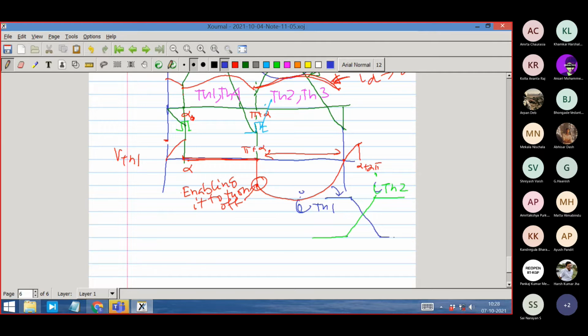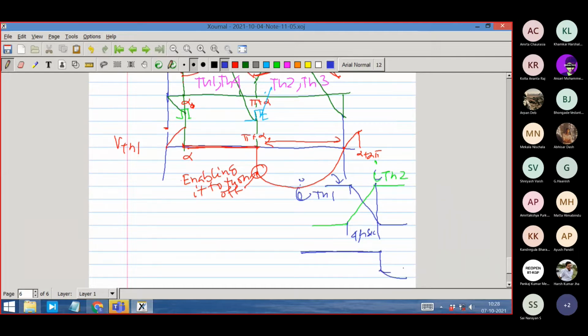When both of them conduct, logically you are saying that both of them are conducting. During this time, due to conduction, thyristor 1 voltage is still 0. It was conducting earlier, still 0, and only then will it jump to some negative voltage. So this time is 4 microsecond in this case, and we can call it the reverse recovery time. But after the voltage has become negative across the thyristor, you must maintain the negative voltage. The condition should be such that it will be maintained for at least 110 microsecond.